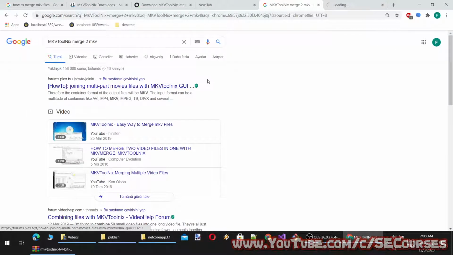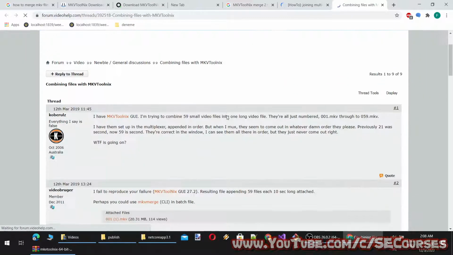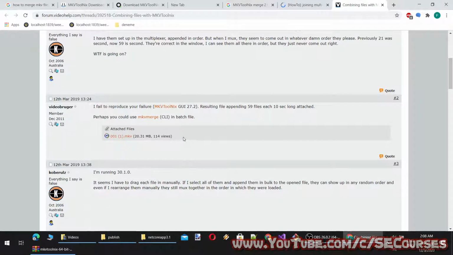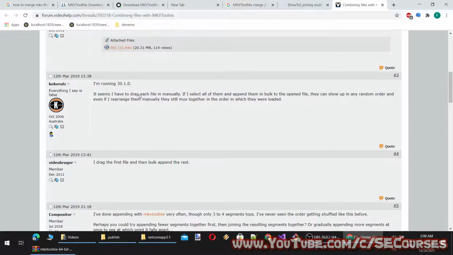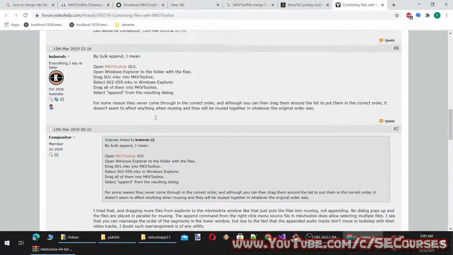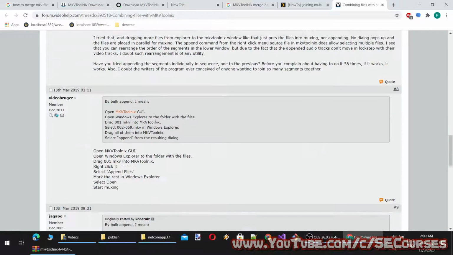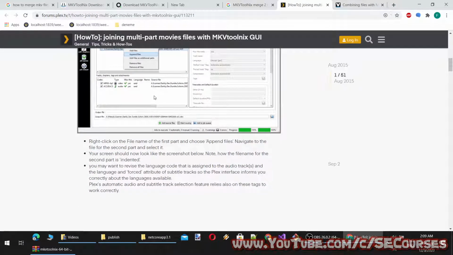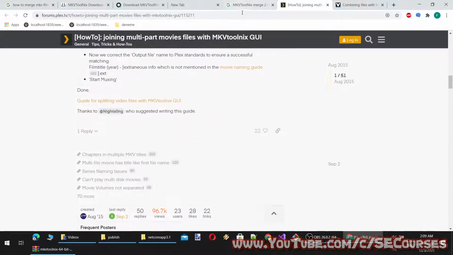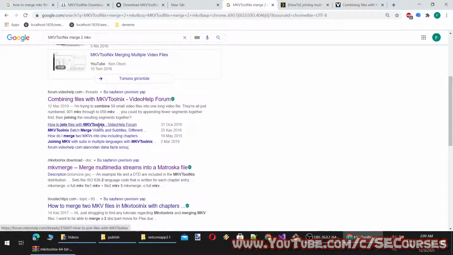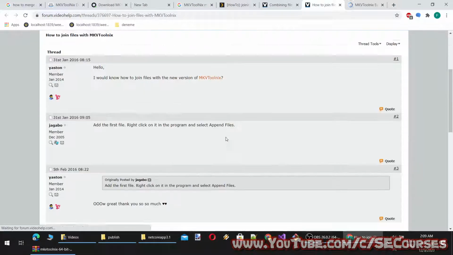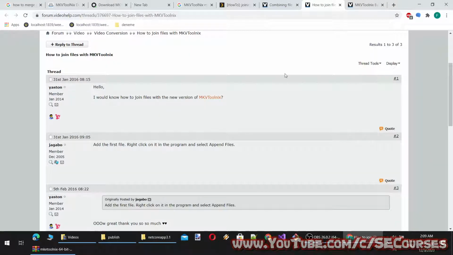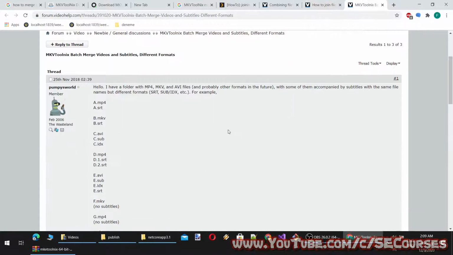By the way, if you use the merge or combine command, it requires the same parameters, I mean the same properties, in the two MKV files. And let's find the command. I'm looking for the command line. It also has a graphical user interface, but I will just use the command.